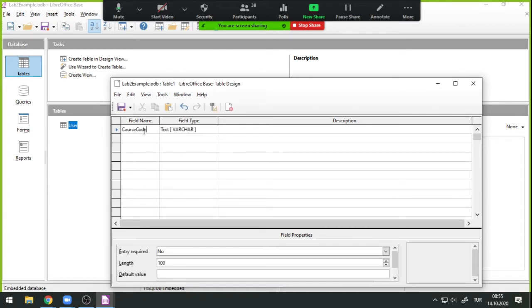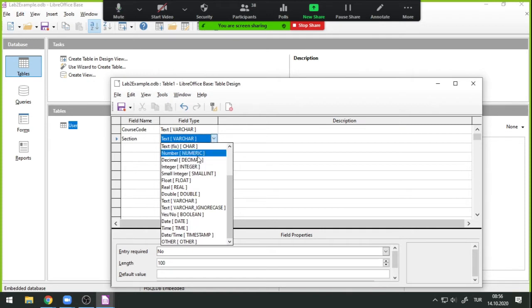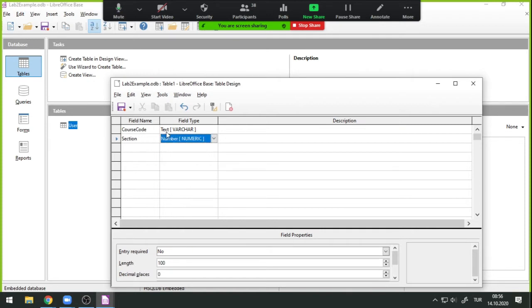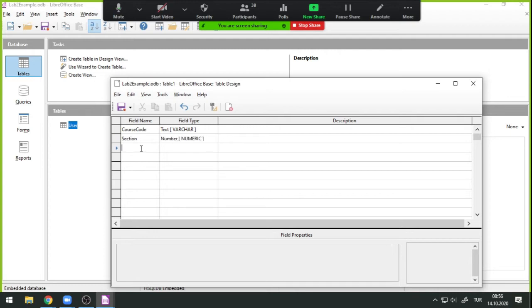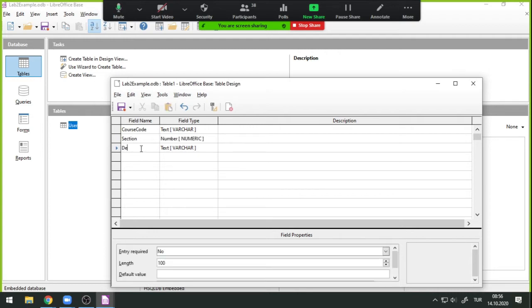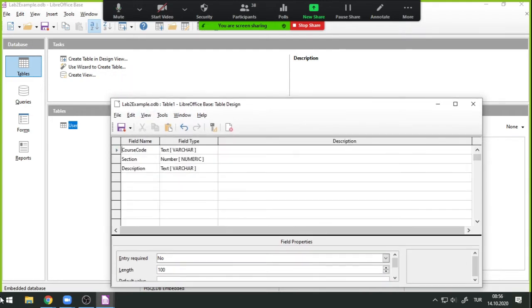For course code, let's say it is going to be a text. And let me also include the section, which is going to be a number. I make course code text because it is going to include letters and numbers. Let's also have some description in here for a course. And in this table, if you were to,